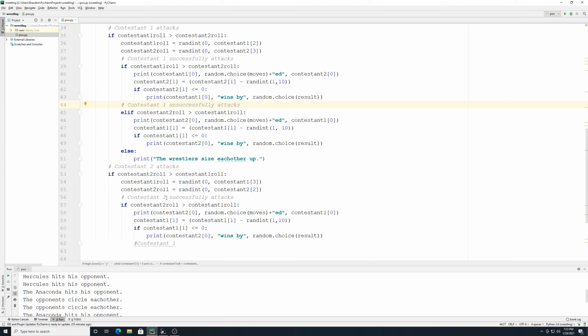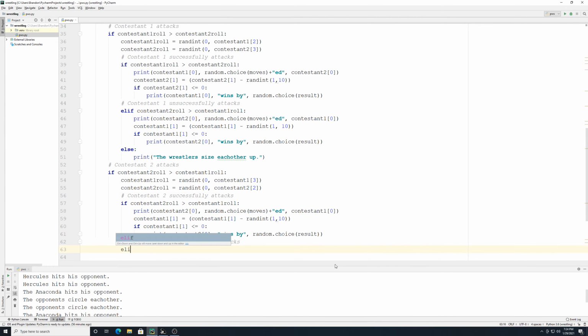Contestant 2 unsuccessfully or successfully, and then I can go down here, Contestant 2 unsuccessfully attacks. And then I will bring this one back 1 level. And underneath that comment, then I can type in elif